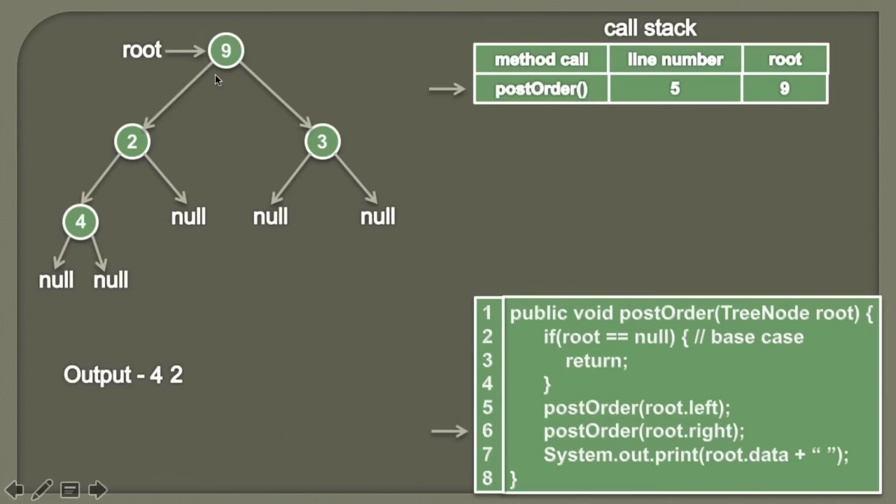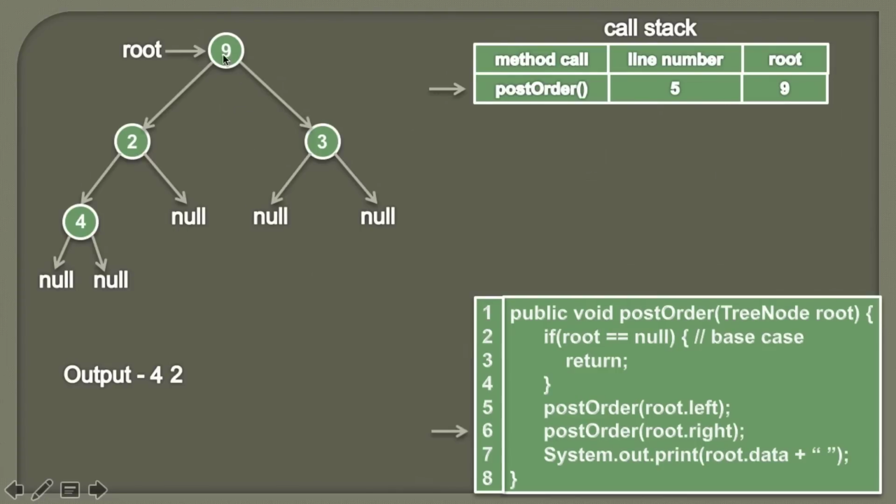So friends, here you can see that we are on node 9. And in order to visit this node, we have to first visit its left subtree completely, which you have actually done. And then we have to visit its right subtree completely. So now we'll start to move to its right, and then we can process this node 9. So we are again calling the post order method, and this time we are passing the value as root.right, because we have to now visit its right subtree completely.